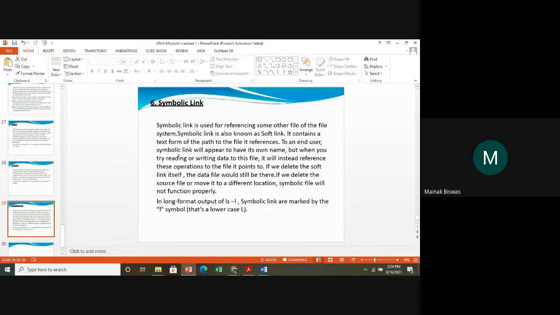If you delete the soft link, the data file will still be there. If you delete the source file or move it to another directory, the symbolic link will not function properly. The symbolic link represents the path to a file.